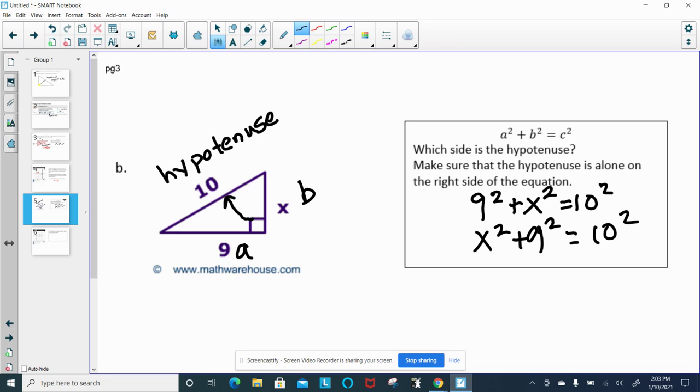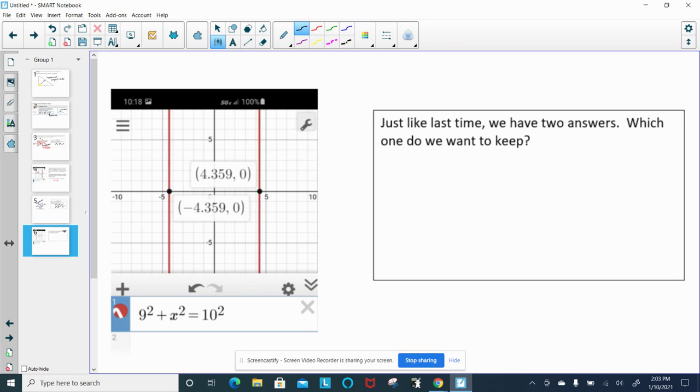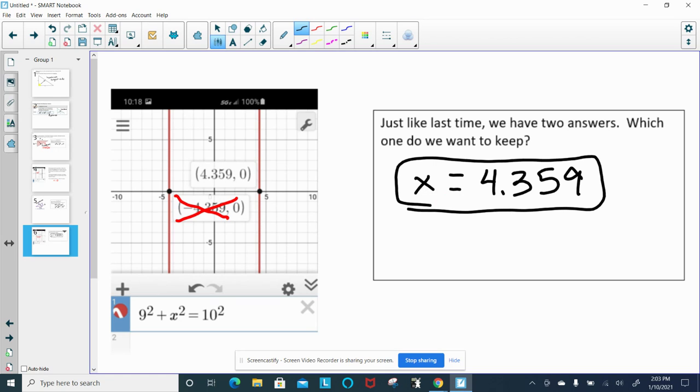So when we put that in the Desmos calculator, let's take a look. And just like last time, we have 2 answers. Remember that we want to keep the positive one, not the negative one. And you can just write all that down. That's good. If they wanted you to round to the nearest tenth,